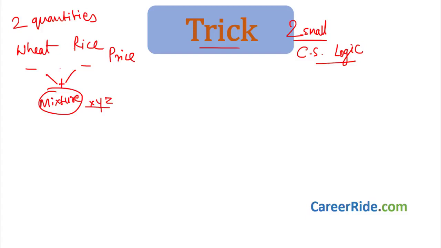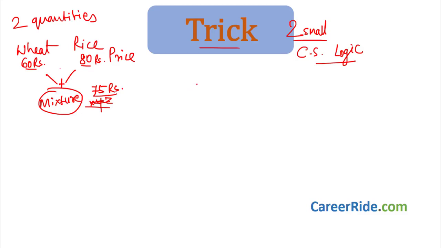Let us say that rice is 80 rupees per kg. Wheat is 60 rupees per kg. Wheat and rice are mixed in some proportion, and the mixture which we get after mixing wheat and rice is, say, 75 rupees per kg. So what they are asking is, in what quantity have we mixed wheat and rice? How to calculate that? Take a look over here, pay attention very closely. It is very easy if you pay attention.